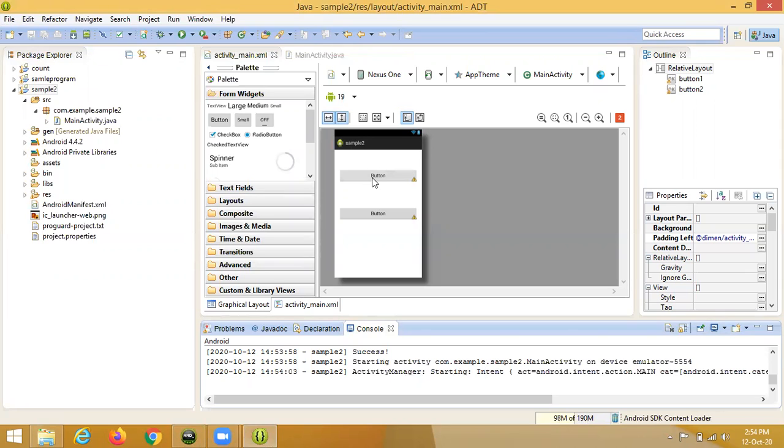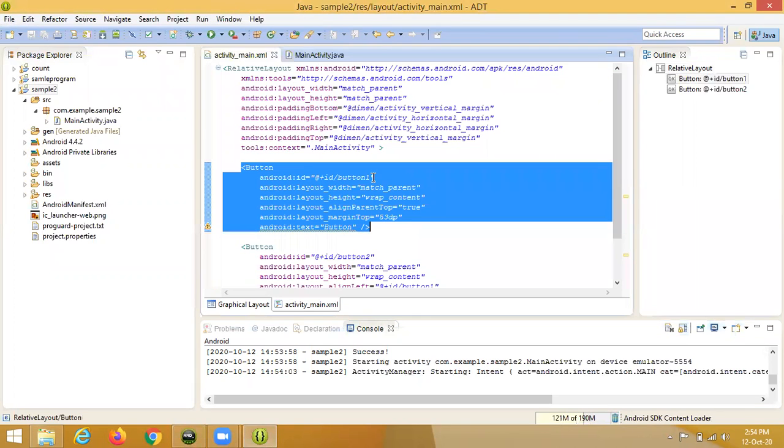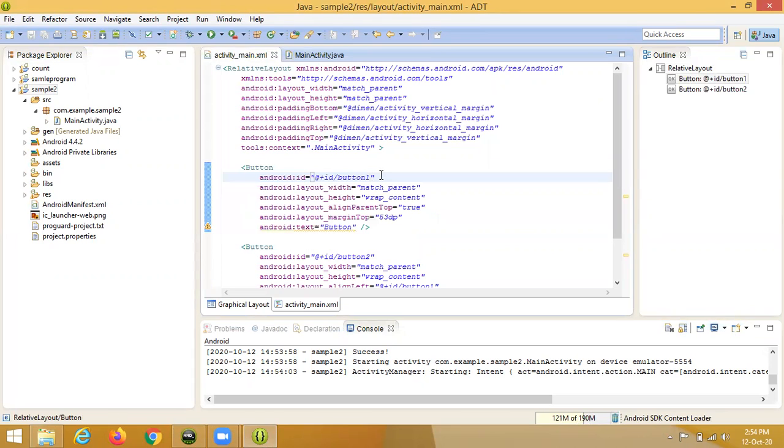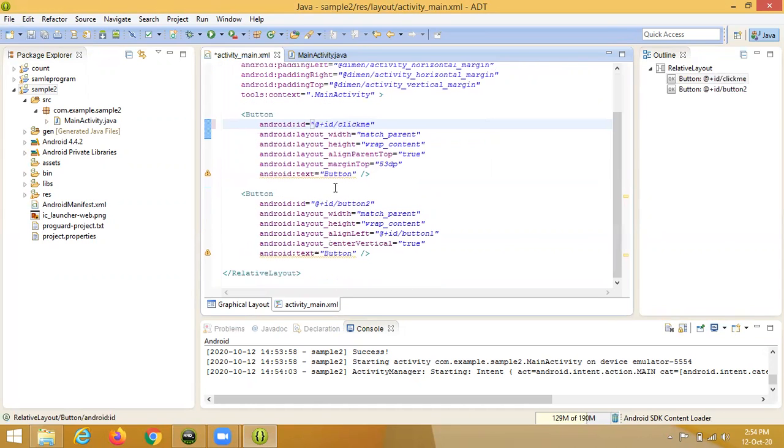Okay, we take the first button and click it. Rename button one as Click Me. And button two we also change the name.